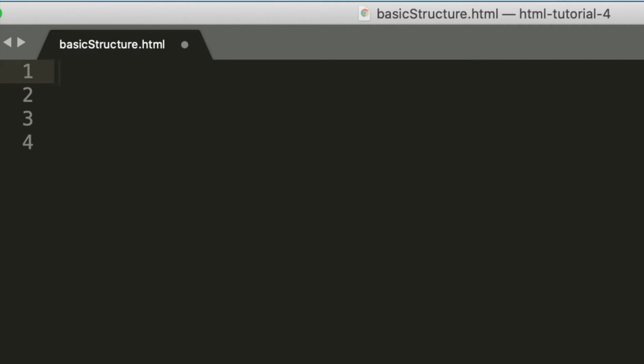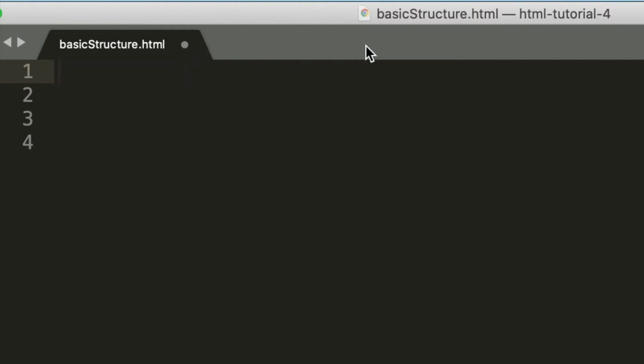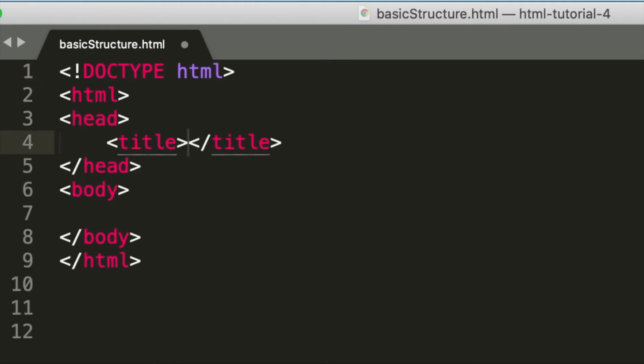So in Sublime, I must first save my file with a .html extension like we saw in our text editors tutorial. And as you can see, I have already saved it here. I'm then going to go ahead and type HTML like this and just press the tab key. And there you go. Just like that, the basic HTML template is created. You do have to still go ahead and fill in some essential tags here, like the meta tags, and also set the language of the document. But you do get a lot of it ready-made.